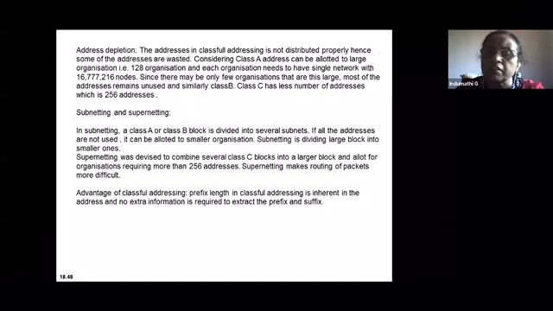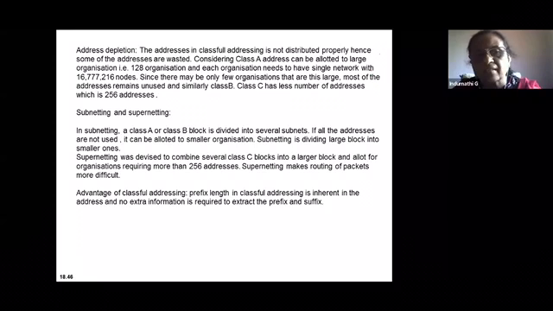So the one solution for address depletion is that either you have more addresses which are being wasted, or if you go for class C type of address, that may not be sufficient. The number of addresses provided by the supplier or the service provider may not be sufficient for the organization. So this is the problem of classful addressing, because the block sizes are fixed here. We said fixed length of prefix. You cannot change that. Hence, address depletion problem will arise in classful addressing, and hence classful type of addressing became obsolete in internet world.